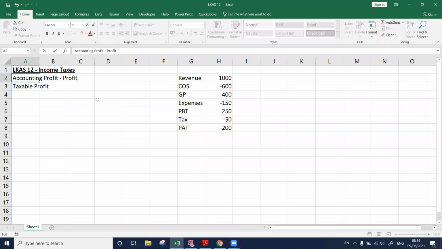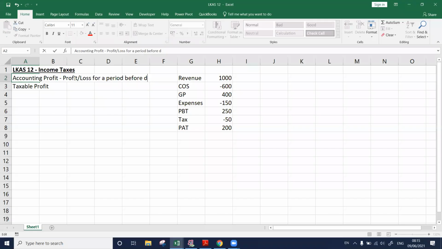Accounting profit is the profit, or it can even be a loss, right? Profit or loss. Okay, someone has given me the answer as profit before tax. Okay, let's see. Accounting profit is what? Profit or loss for a period